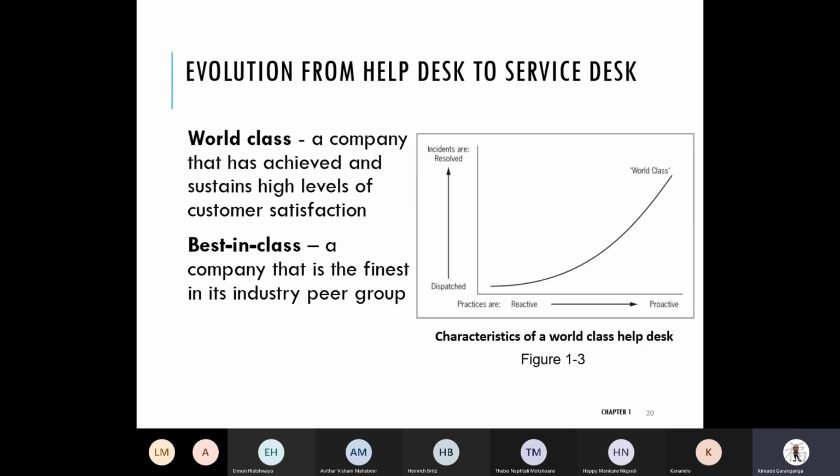So with the whole concept of world-class environments, literally world-class just describes a company that has achieved and generically sustains high levels of customer satisfaction. That's what world-class is all about. But obviously, that is distinctly different to best in its class or best in class, which literally describes a company that is the finest in its industry or peer group. So one deals with customer satisfaction, the other one literally just